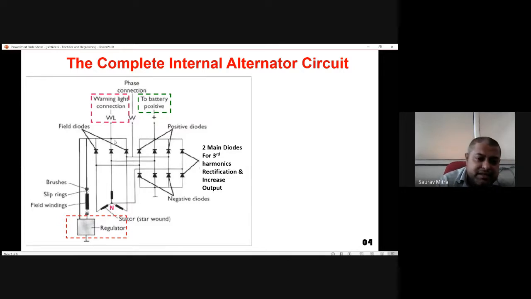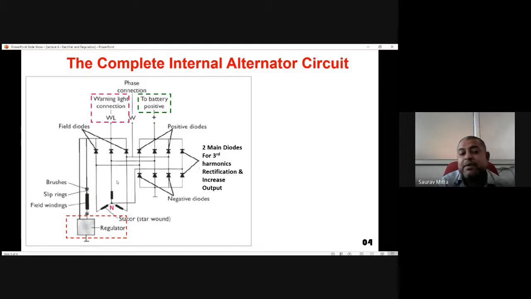Now you can see that these 3 are sector A. So this is actually sector B. Now these 3 diodes are sector A. They are actually rectifying the same RYB phase, and this DC is given to the warning light. The warning light is also connected in series with the ignition. So the warning light comes on whenever there is some fault in this charging system.